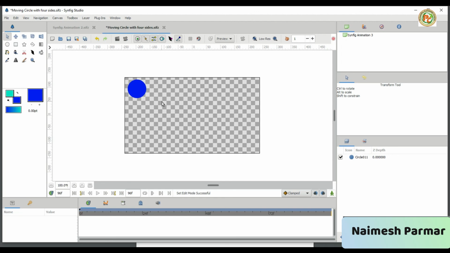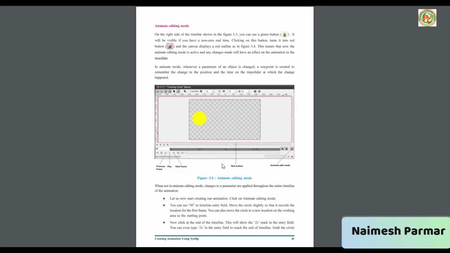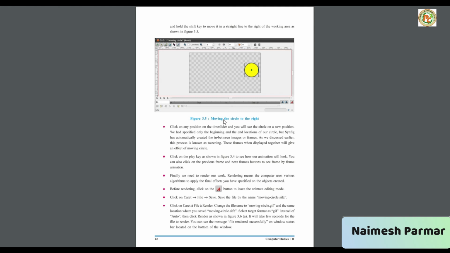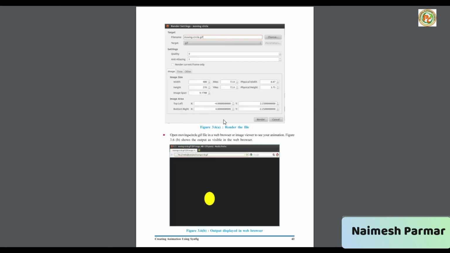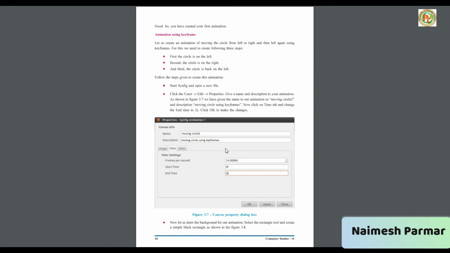Okay, so I hope you understood this main part, how to set up the timings. It depends on us which seconds we are going to give for each frame. So I hope you understood this very well. So these are the first animation, the moving circle from left to right, and for the four sides they are giving with us. We haven't changed the background color till now, but if you want to change the background color we will change it.